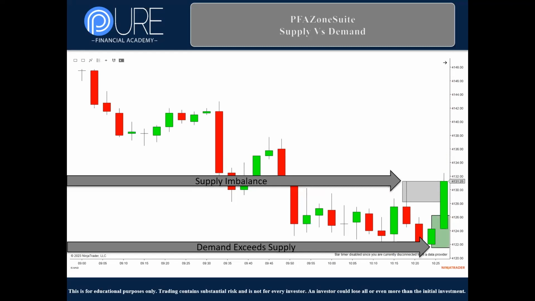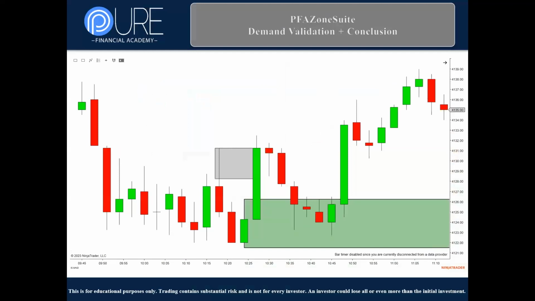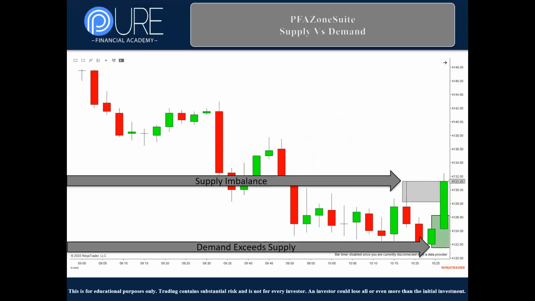So that's what we're looking at here, and that's how we're going to remove that subjectivity. So we have here demand exceeding supply. It's a key ingredient, if you will. Okay. This is the same trade that you were looking at. Let me go back a slide because I want you to kind of map and visualize this. All right. So you can see this area here. You can see that demand zone from below.